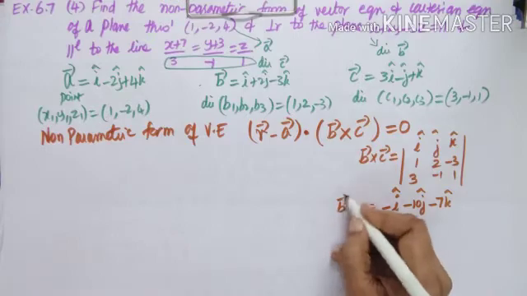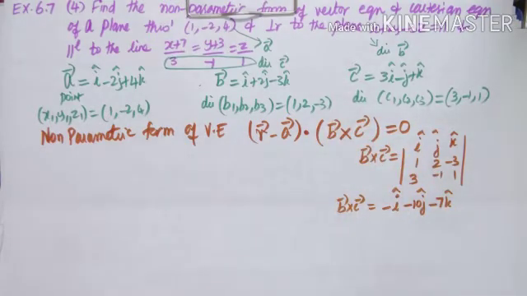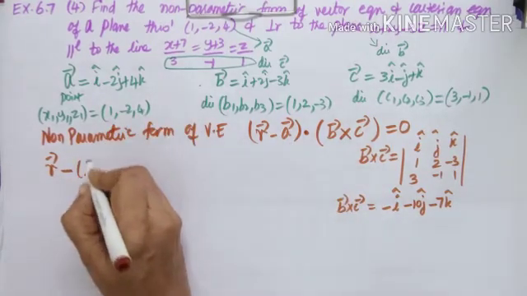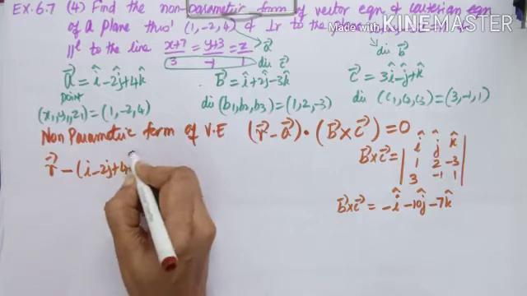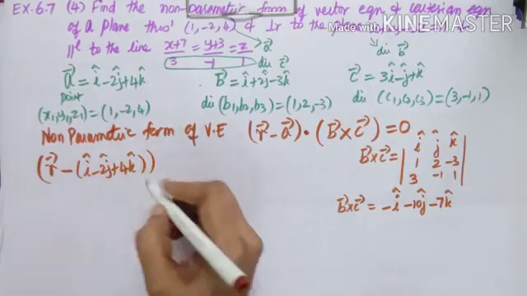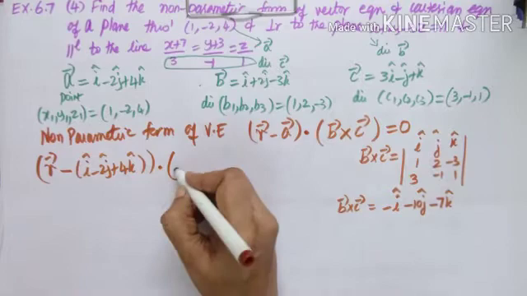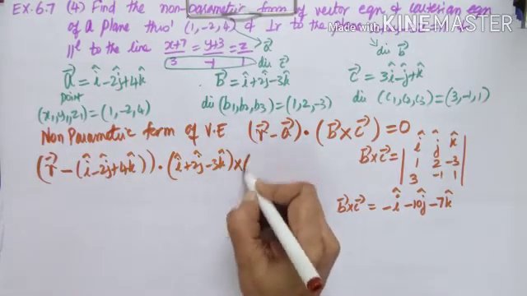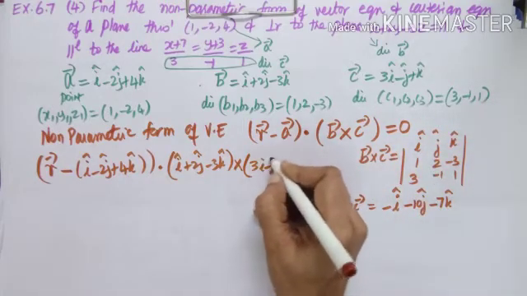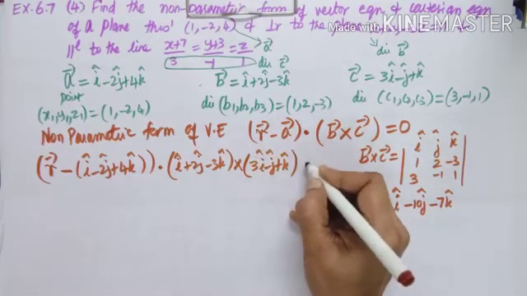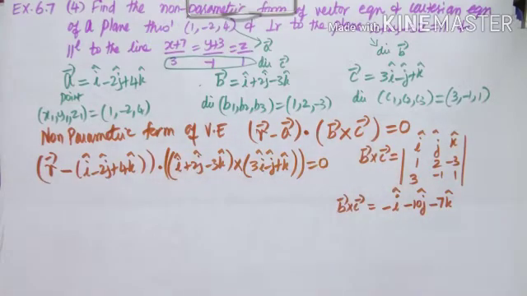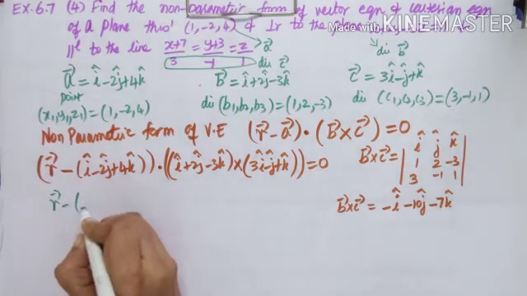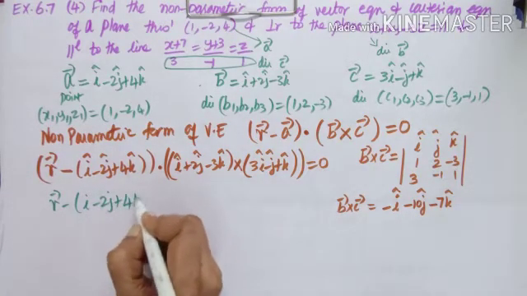Once I know b cross c, let me substitute here. R vector minus, what is a vector? i minus 2j plus 4k, dot b cross c. B is i plus 2j minus 3k, cross c vector is 3i minus j plus k, equals to 0. Since we have found out b cross c, let us substitute. It is r minus i minus 2j plus 4k